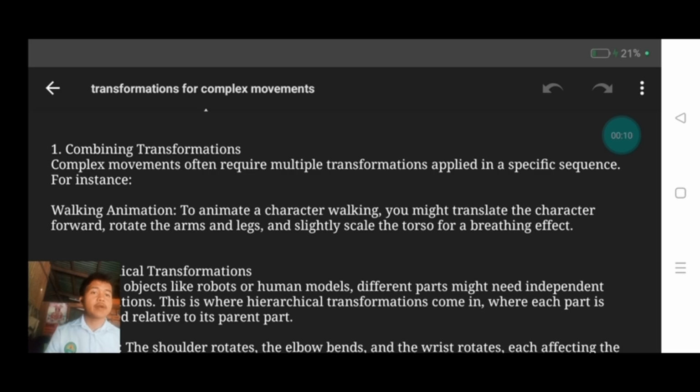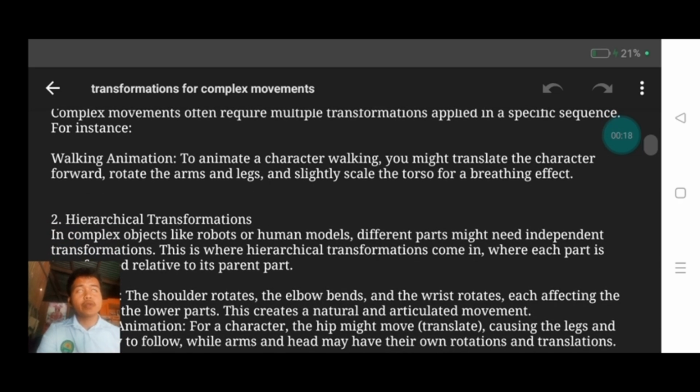Complex movements often require multiple transformations applied in a specific sequence. For instance, to animate a character walking, you might translate the character forward, rotate the arms and legs, and slightly scale the torso for a breathing effect.